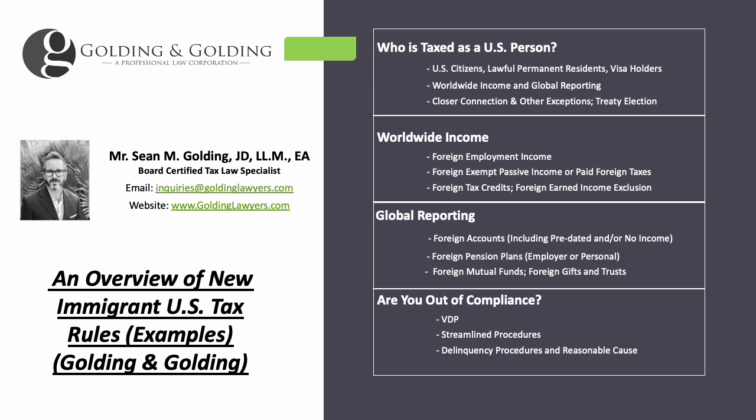Now, if you're not a citizen, typically if you're a permanent resident and you don't live in the US, then you may qualify for a treaty election. If you meet the substantial presence test because you're a visa holder and you've been here for a long time, but you qualify under other exceptions, maybe you're a student, maybe you're here for certain kind of research activities, or you have a closer connection to a foreign country or countries, then you may qualify to not have to pay tax on your worldwide income, but those are exceptions, right? The main rule is that you're taxed.